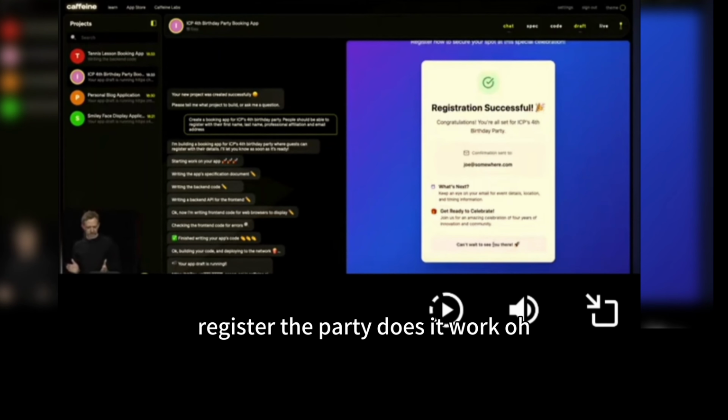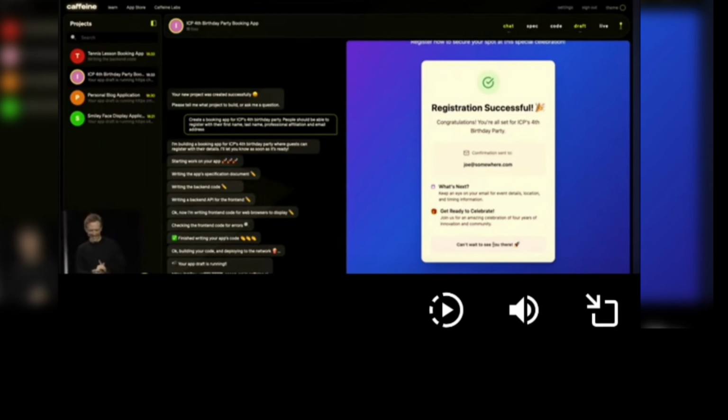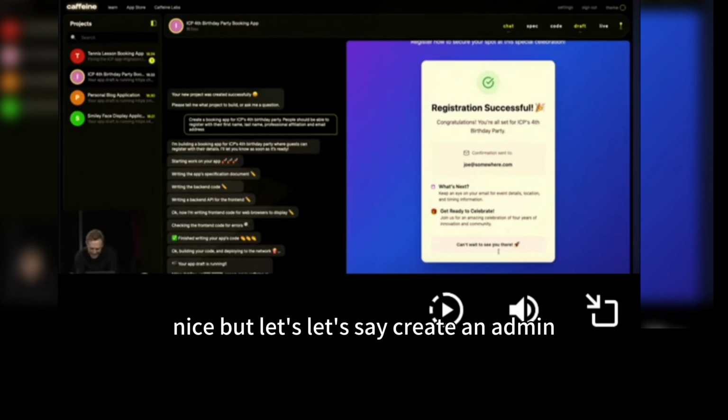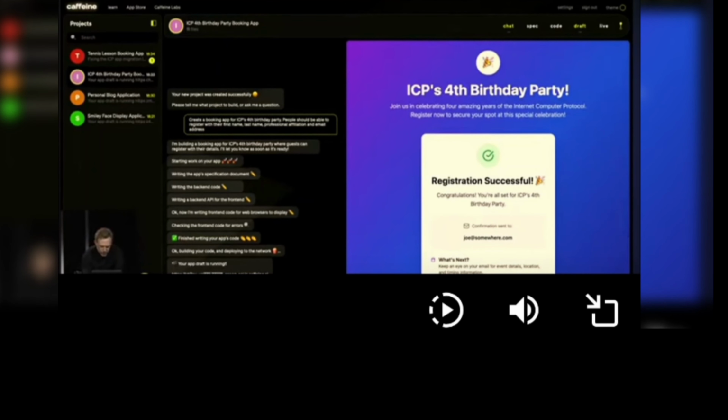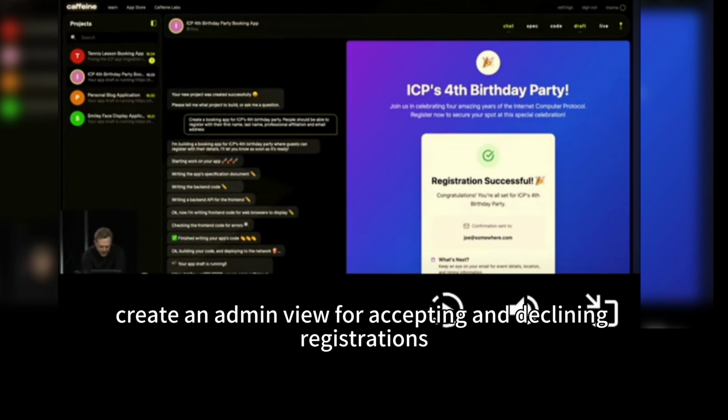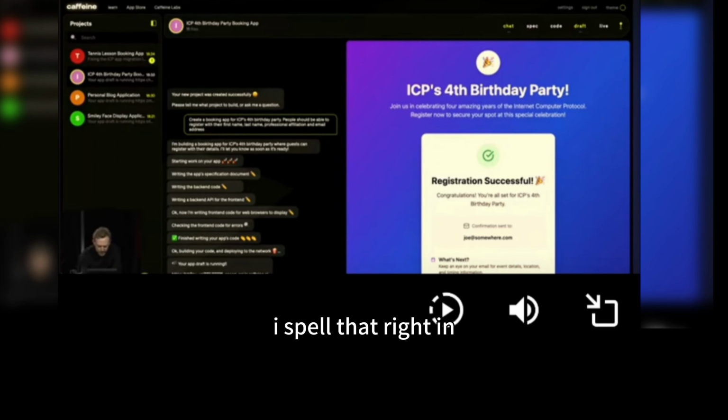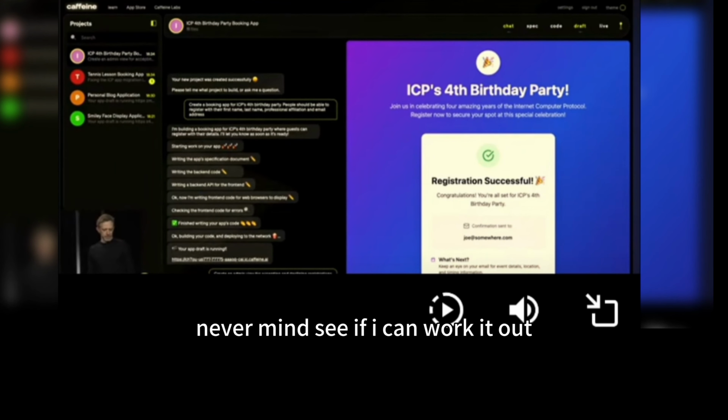Register for the party. Does it work? Woo. Nice. Nice. Nice. But let's say create an admin view for accepting and declining registrations. Did I spell that right? There we go. I think I spelled it wrong, but never mind. Let's see if we can work it out.